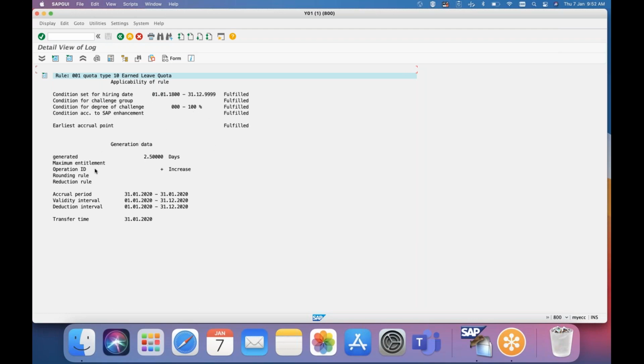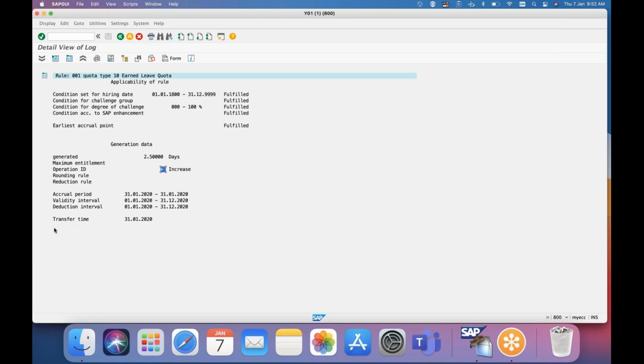If all conditions are fulfilled and the time type is there, whatever value is in the time type which we have assigned in set base entitlement, the same time type value will be generated as quota. You can see we have put the operation ID as increase in the configuration. So this 2.5 will be increased, meaning it will be added